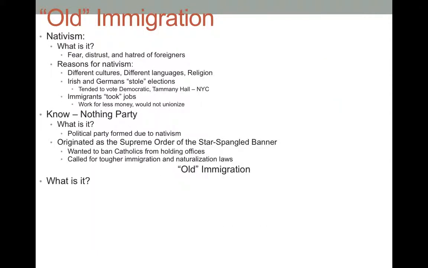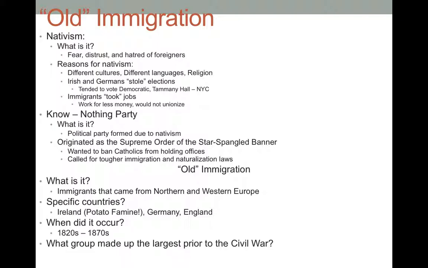Okay, immigration. Remember, we've talked for a very long time about how people that live here tend to look at people that come and say, oh, these are bad, these are immigrants, we do not like them. This is nativism. This is not new today, and it was not new in the 1800s. We talked about the Know Nothing Party, the Order of the Star Spangled Banner. They know nothing except that they hate immigrants. These groups are against immigrants like those from Ireland who are fleeing the potato famine,